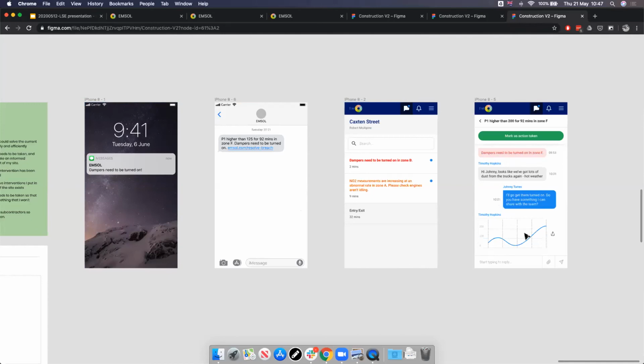So this will help with the monthly reporting that lots of sites have to do to environmental health in local authorities. They'll be able to report the data that they've collected over the last period, but they'll also be able to say what they actually did about it. So in this case, they can say that they've used some damping facilities to reduce a dust problem, for example.